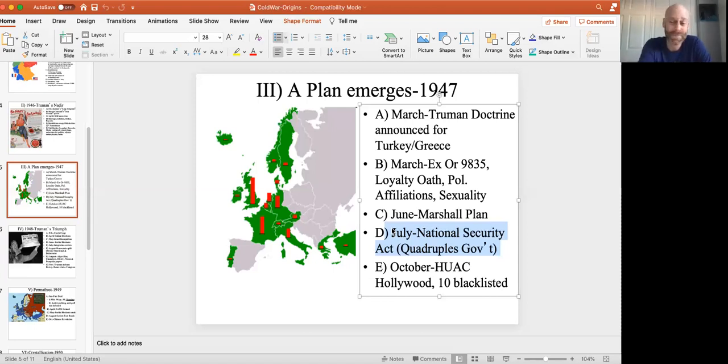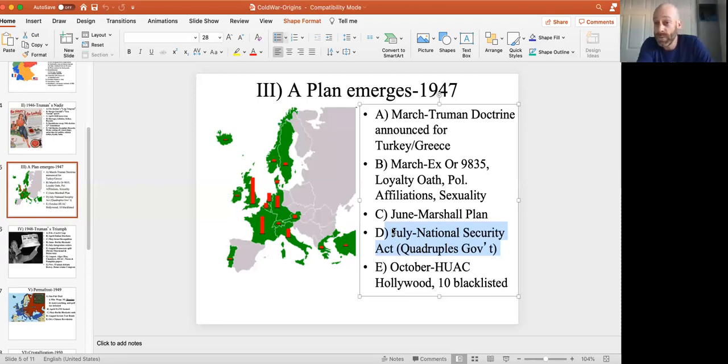Mexico? Canada? It just seemed like everyone loved us. We had no natural enemies. What do we need an intelligence service for? It's expensive. You don't need spies. Well, during World War II, a temporary one was made called the OSS, the Office of Strategic Services, and they gave us intelligence because we were fighting a war.